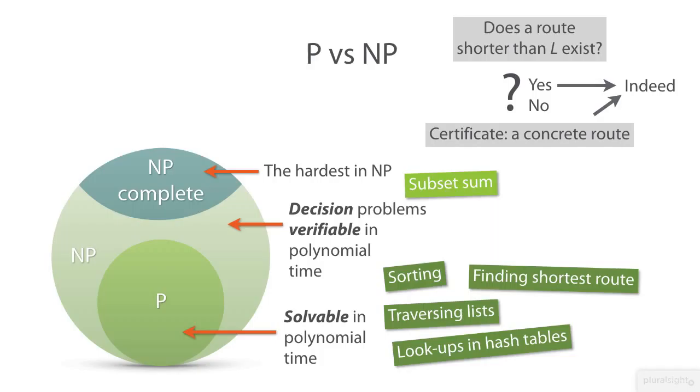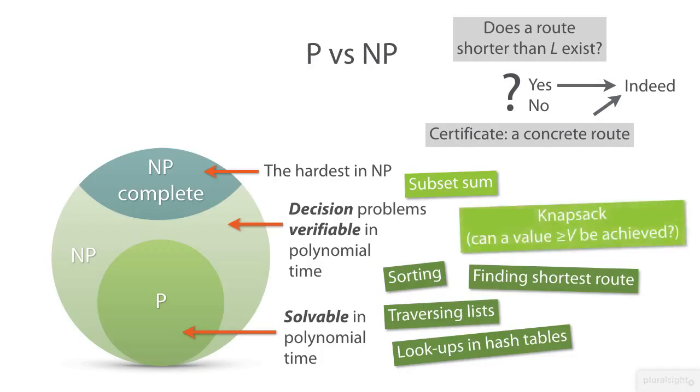Another NP-complete problem is the 0-1 knapsack problem with a slight reformulation. Instead of asking to find the largest possible value that fits in the knapsack, we can ask if it's possible to obtain a value larger than some threshold, say v. Now it's a decision problem, and we can easily verify if the values of a concrete subset of items indeed sum to v or more. The last example